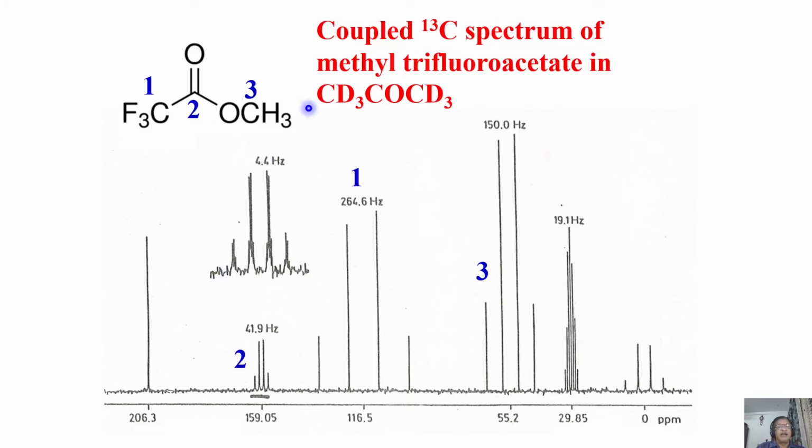This is because of the long range coupling of these three protons to this carbon. This carbon is experiencing long range coupling with these three. Remember, in the acetonitrile example, I told you there is a long range proton carbon coupling. Exactly, that is what is happening here. So this carbon is not only experiencing coupling with three fluorines, giving a quartet, it is also experiencing coupling with three equivalent protons, giving rise to a quartet of quartets. So that's what it is. Then our assignment is correct, no doubt about it.